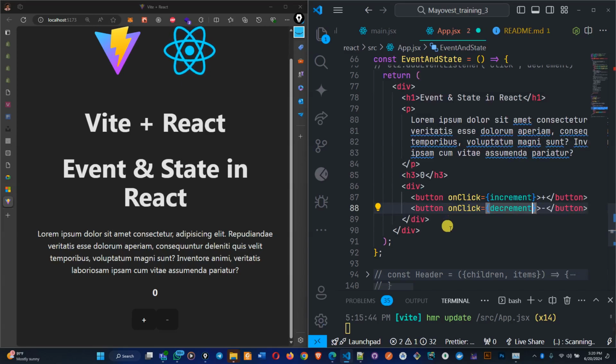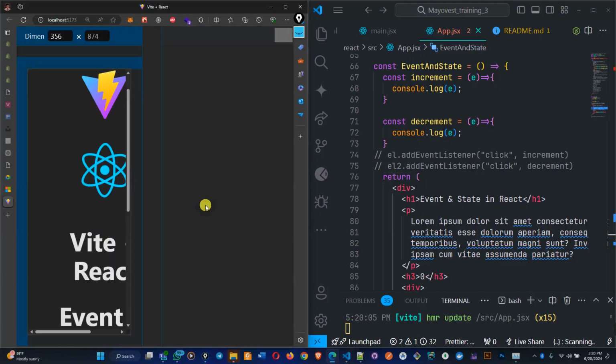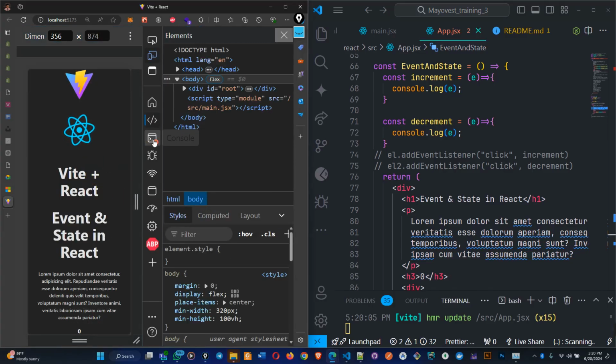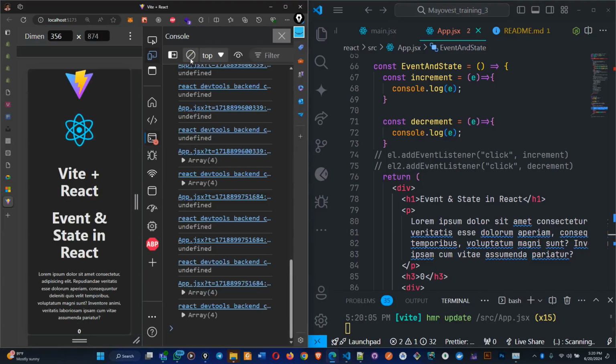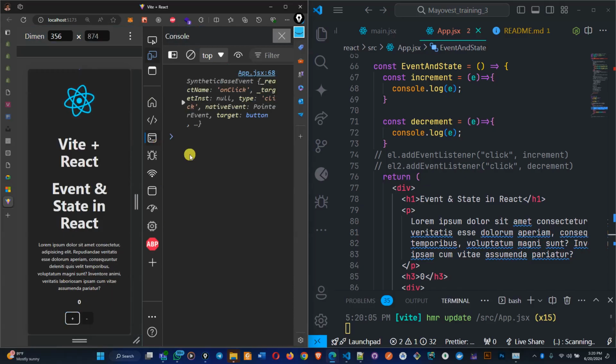You just add events on your elements, even though they are not going to be doing anything yet. What they will just be doing is to console log out the events that occur. But this is the basic stuff about events. If you go to the page and open the console, let me go to the console side. If I click on plus, can you see it